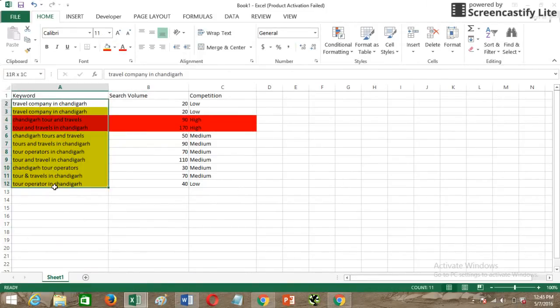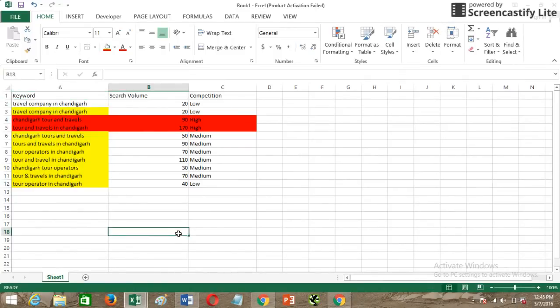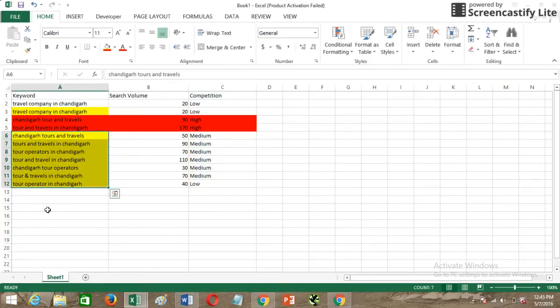I've got 9 keywords for the homepage, which are pretty much sufficient for the homepage. You can see that most of the keywords I've taken are low and medium competition. So I'll be optimizing my content and my other SEO strategies around these keywords.